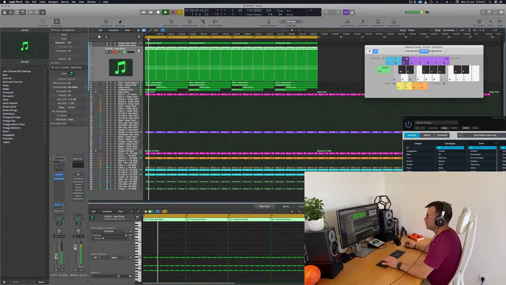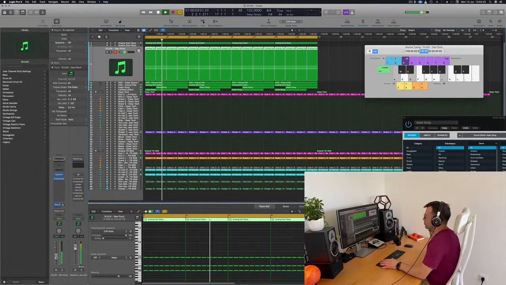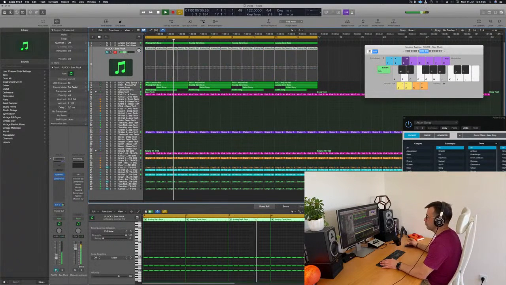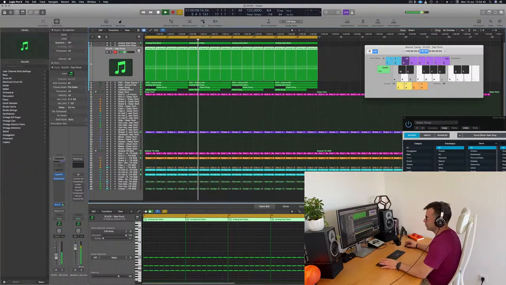So the plucks are there really mainly to support the beat, to get the flow going, because without them, it's nice, could be doable, but for me it's not groovy enough.